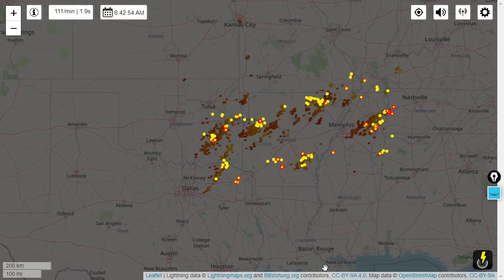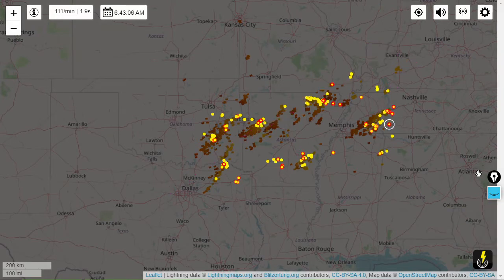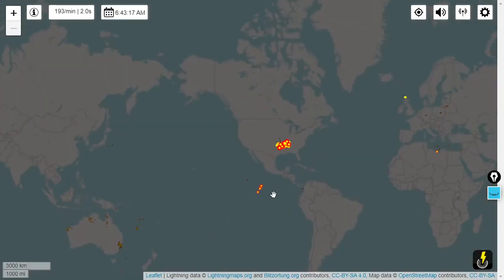Nashville, you may be in the crosshairs for some thunder and lightning. Memphis, you may be in the crosshairs as well. This system is largely just moving this way. So that could cause some training where the same area gets hit repeatedly by different bits of moisture. Anyway, let's zoom back out on our real-time lightning map here